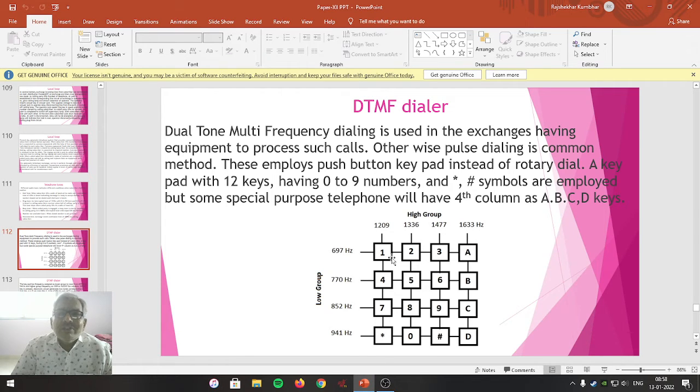Friends, the same aspect is utilized on our remote control system also. On the remote control system also there is a keypad. Below every key there is a touch plate or electronic circuitry which is designed on a printed circuit board.